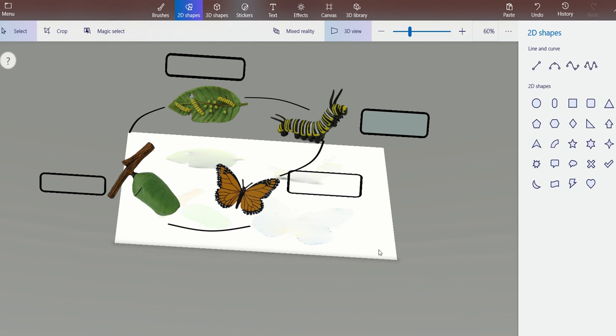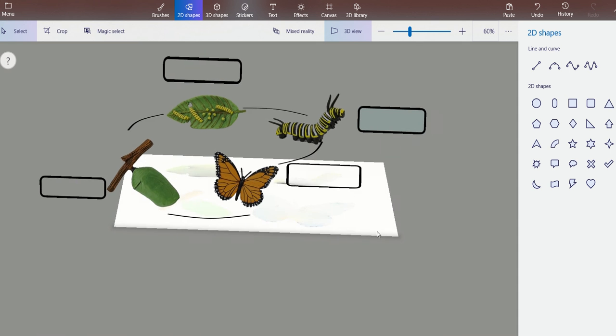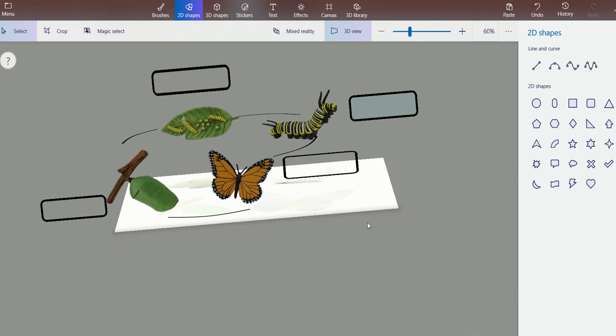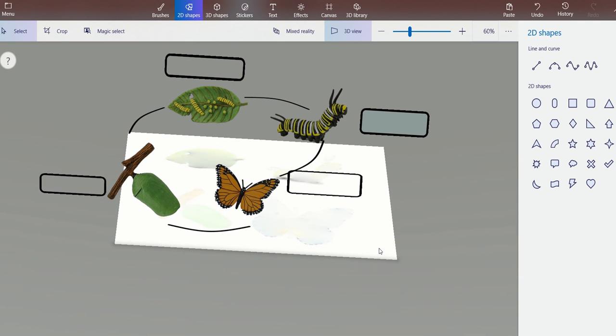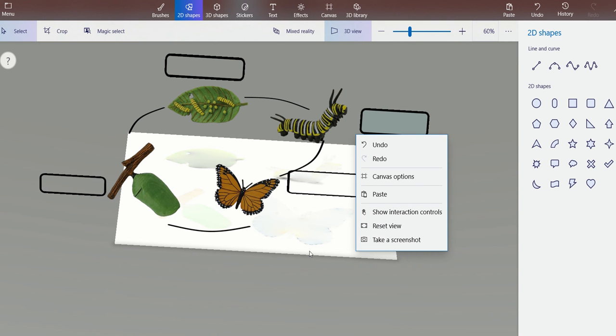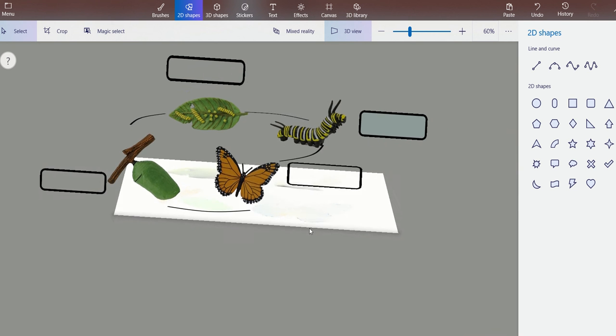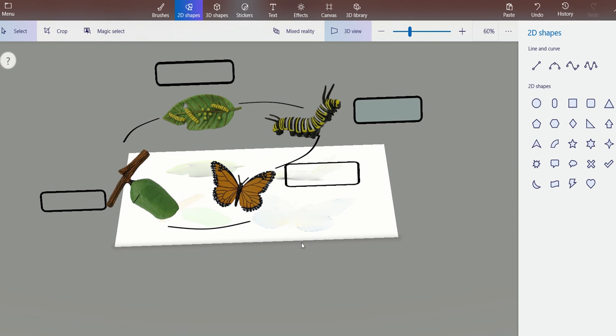So please ensure that whatever you are doing needs to be done well. And then you can see that this particular image that I'm showing you right now was a 2D image before, and now I have converted this 2D image into a 3D life cycle, which is represented in a very accurate manner.